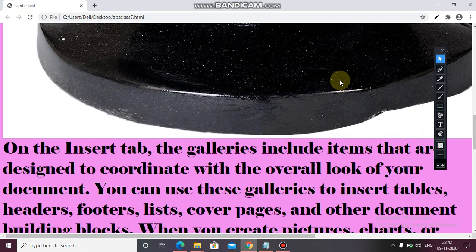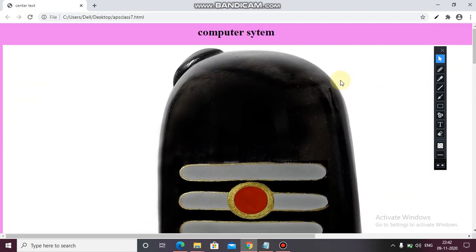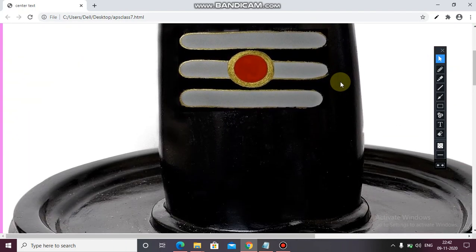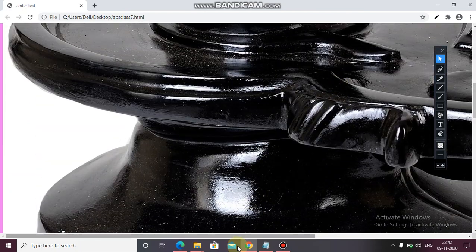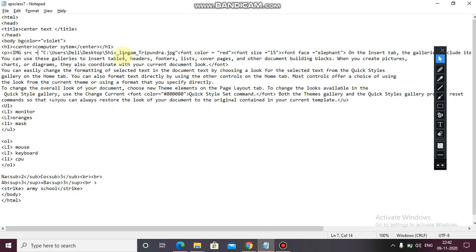Now what happened? We have not given the height and width, so this picture has come in the original size. So what we have to do? We have to give the height and width also.